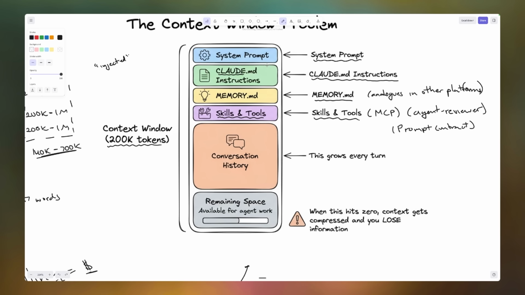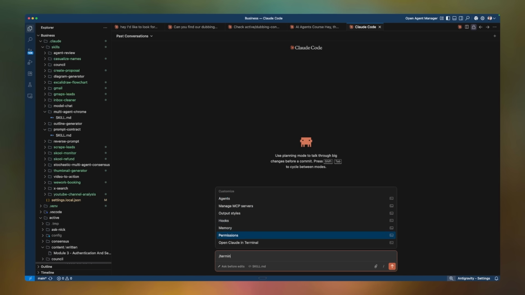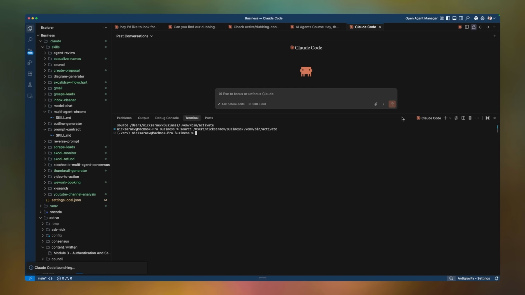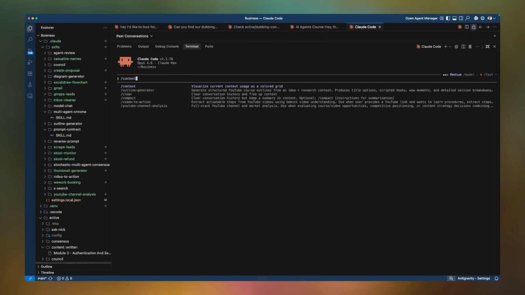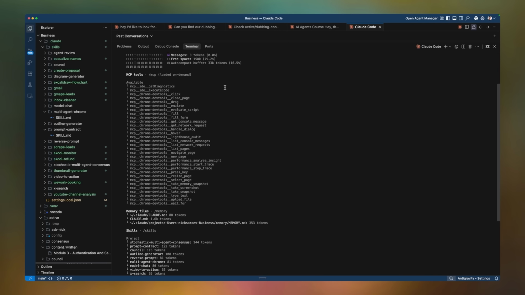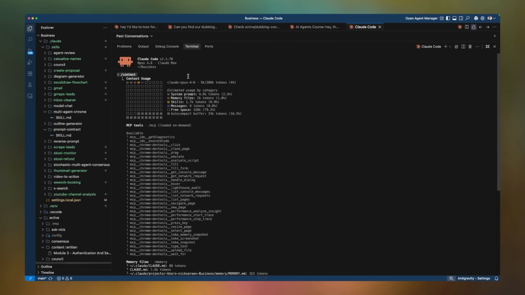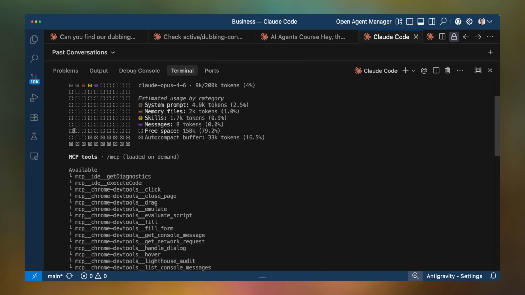Okay, and just before I move on, I want to talk a tiny bit about the differences between each of these in length. If I open up an actual Claude instance here, open up one of these, and then I go to terminal, which is the current best way to visualize this, and if I just maximize this panel size, so let's just make this as big as humanly possible, then I go /context. Claude will show us all of the things currently consuming its tokens. I'm going to zoom in here to make it really clear what's going on.